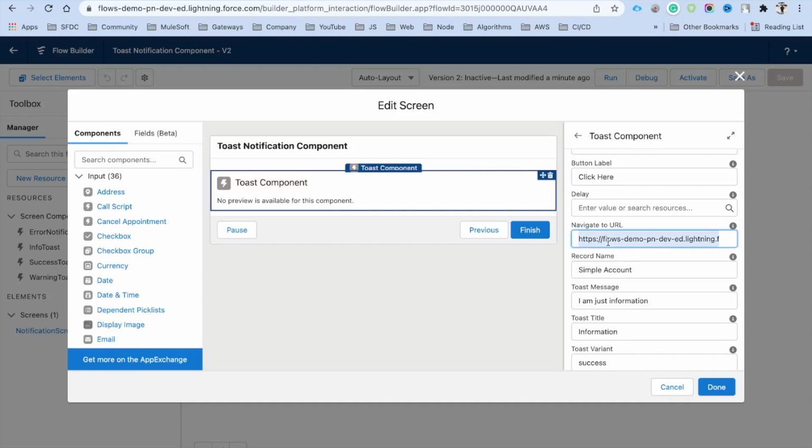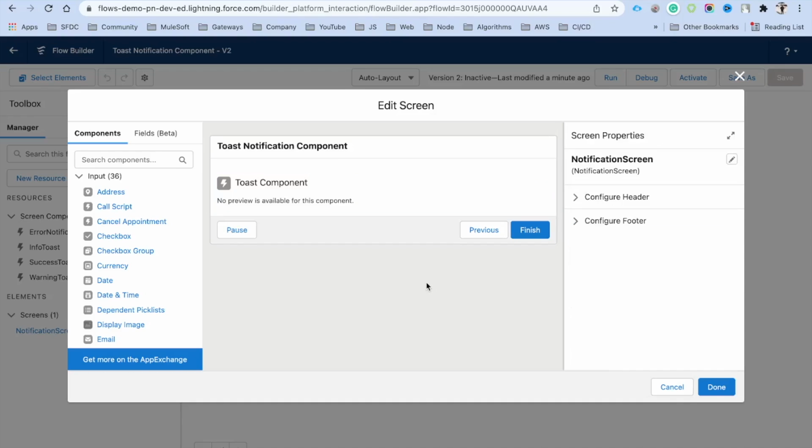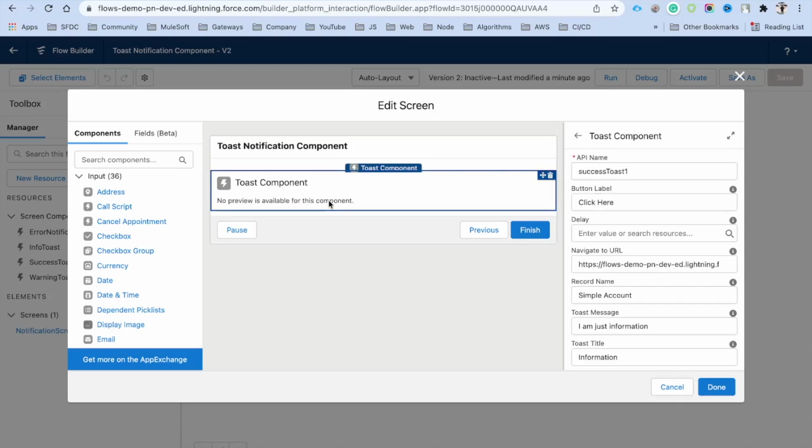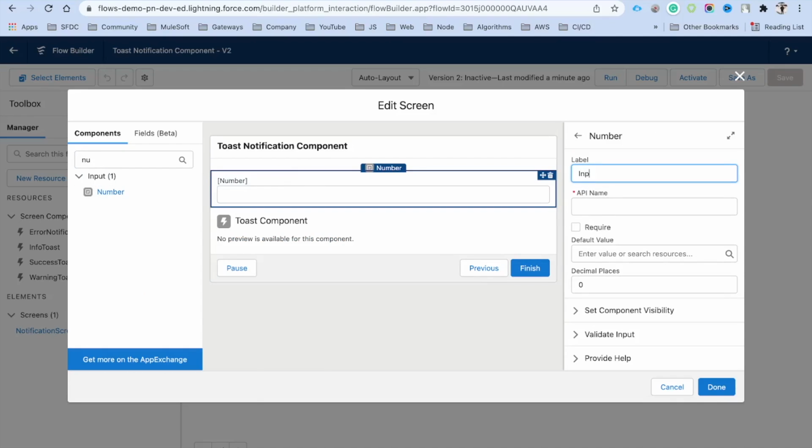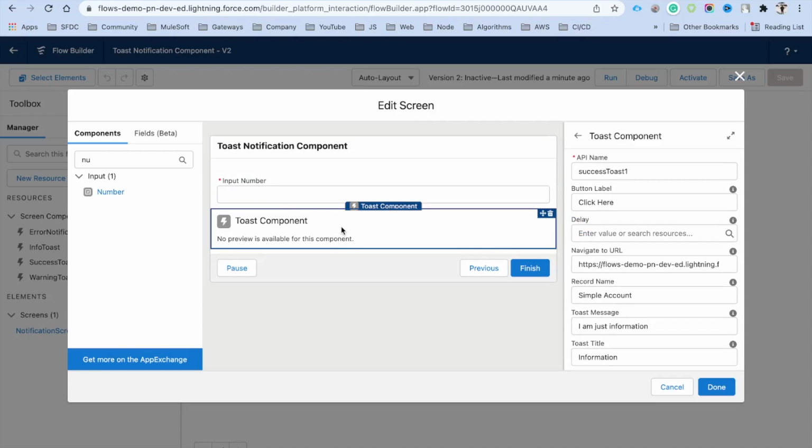Okay, and then this is the one thing that I wanted to show. Sometimes this toast notification should be displayed based on some values. For example, let's quickly have a number. We will say that number. Now just say that input number. Let's make it required. And what we can have is, we can display this toast notification when the value of this input field is